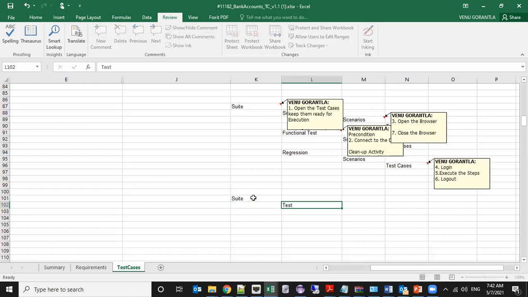The second one is test, for testing type, like smoke test and functional test and all those things. They mention the level as test level, and for scenarios they mention it as class level, and for actual test cases they mention it as method. These are the 4 levels that we need to remember. Make a note: levels of TestNG.